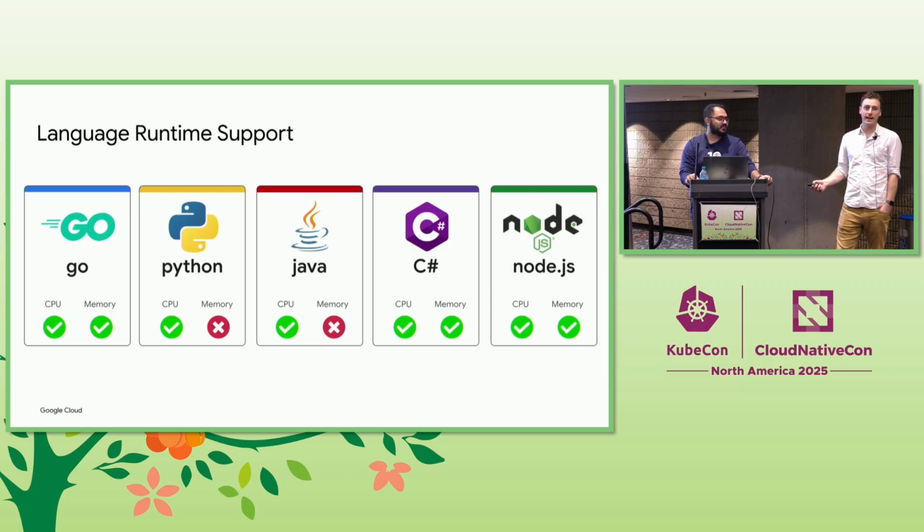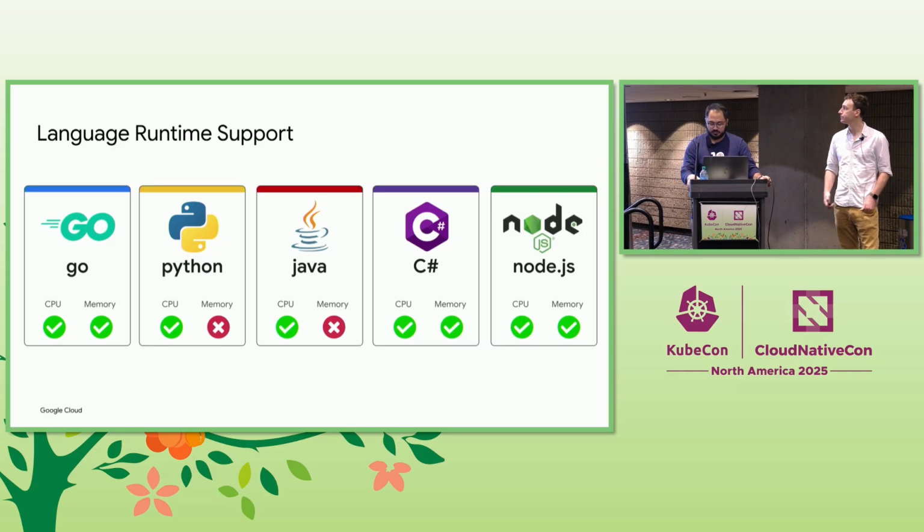So once you resize a container, that doesn't necessarily mean that the application is immediately able to use those new resources. So here's a bunch of popular languages with runtimes. And in all of these cases, CPU changes are immediately made available to the runtime. We actually worked with the Go development team recently to enable the Go runtime to automatically detect CPU limits to set max procs, GOMAXPROCS, and that does polling so that if those limits change, it automatically changes them